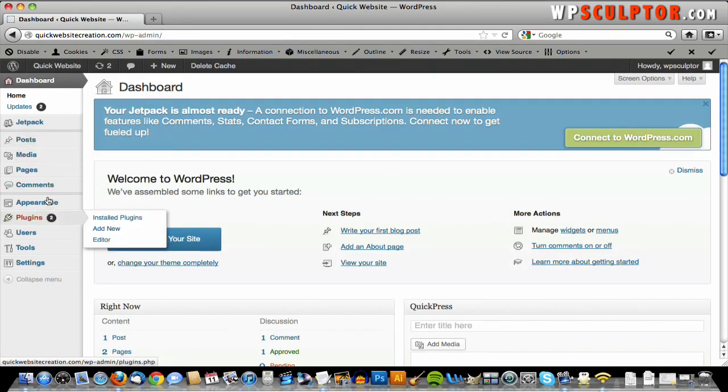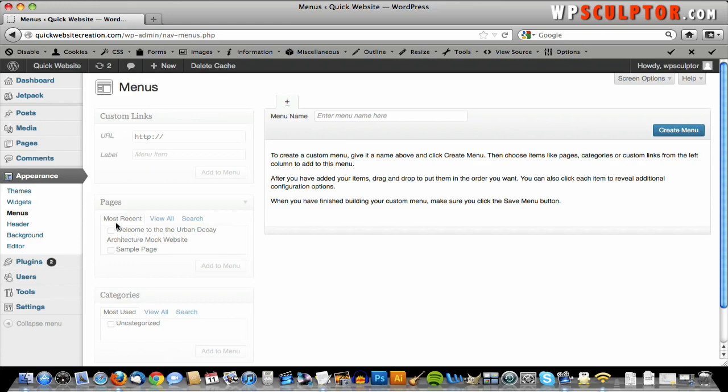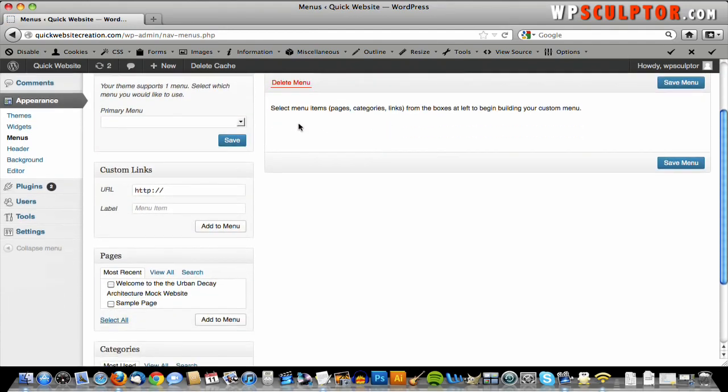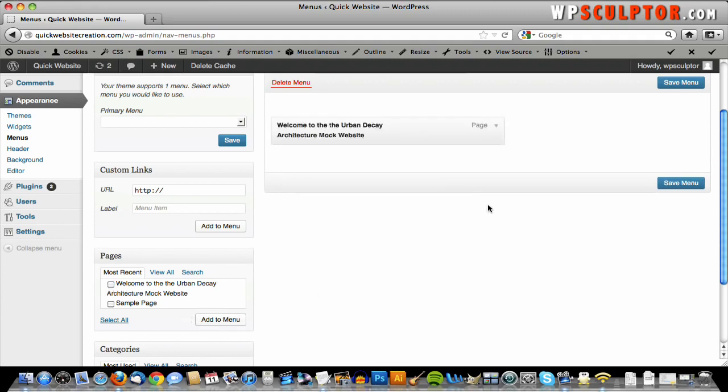and the menu is located under Appearance, Menus. Click on that, and we're going to create a menu, and we're going to call this Top Navigation. Hit Create Menu. Okay, and now we have to add the page that we want to that menu, which is right there. Welcome to the Urban Decay Architecture mock website. Check that box, add to menu,